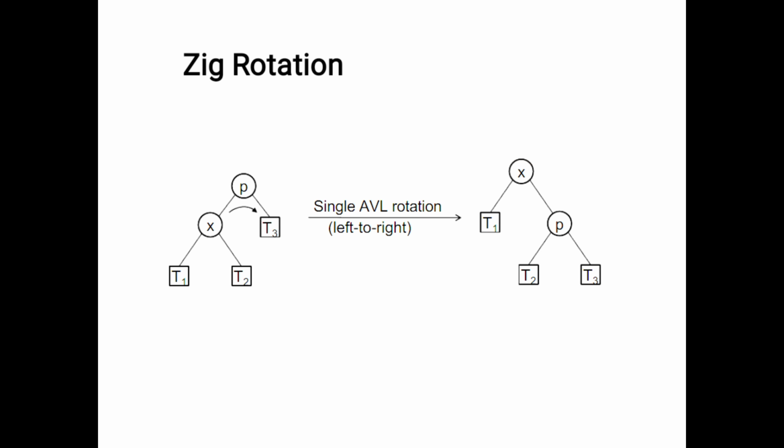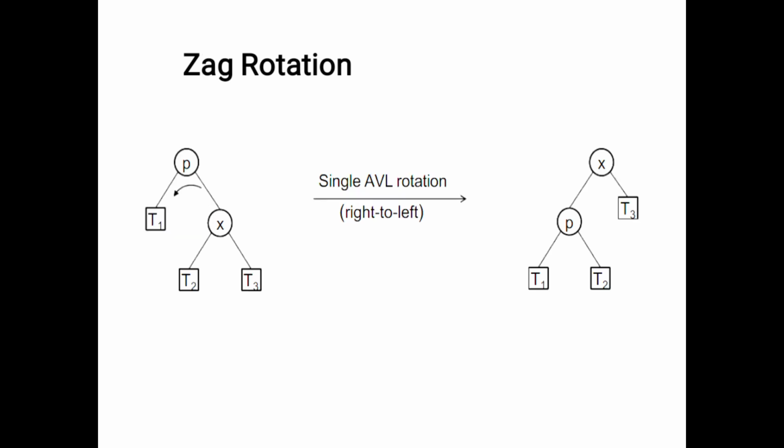We have to do the rotation directly. We have to do the zig rotation. This means x's parent is there on the left side, so we have to do the single rotation, zig rotation. It means x is a child of the parent on the left side, and we have to connect the parent p. This is the single right rotation.